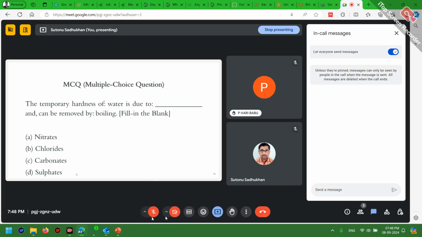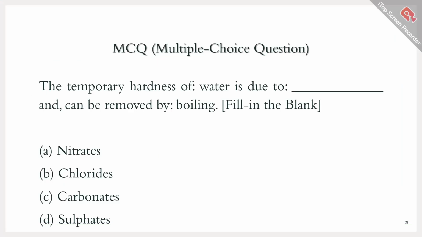You are not able to answer again. We'll proceed with the answer. So it is the carbonates. We have multiple times discussed that the hardness of the water is caused by bivalent ions. The cation portion of those salts will be bivalent ions, just like calcium carbonate or magnesium carbonates,